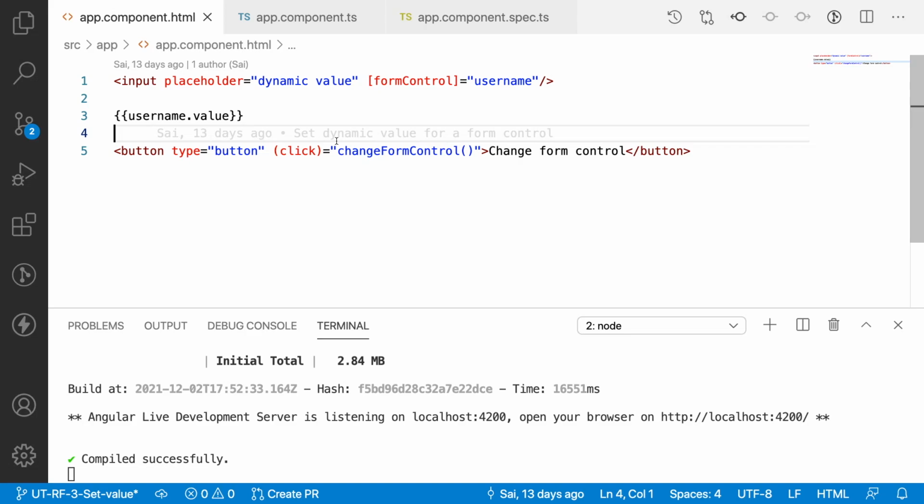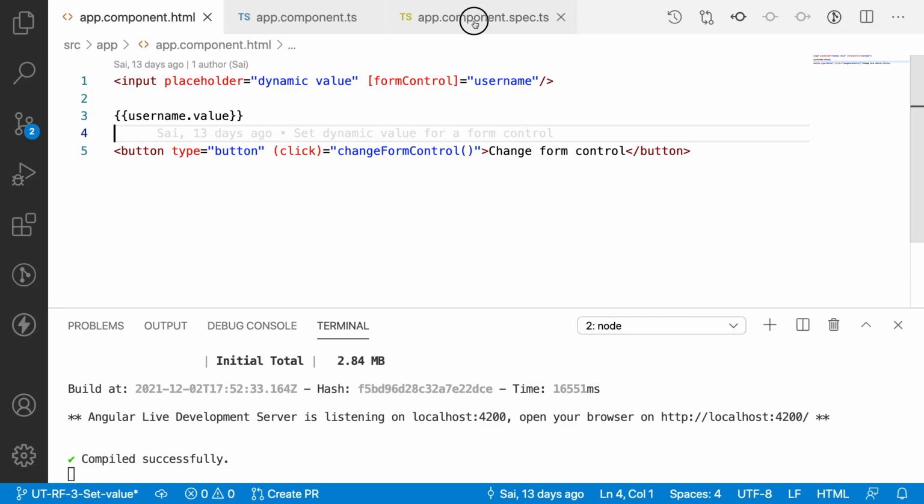Let me go to the browser and see how it behaves in normal HTML content. So here we have a placeholder with empty text, and I have typed something. Whenever I type something, the data is triggering here in this particular area. And whenever I click this button, I have a static value called dynamic value, and the dynamic value should reflect on this input field along with this HTML content. Let me click on this. Here you can see dynamic value as well as dynamic value. This button click as well as the form control value change we will be testing in our video.